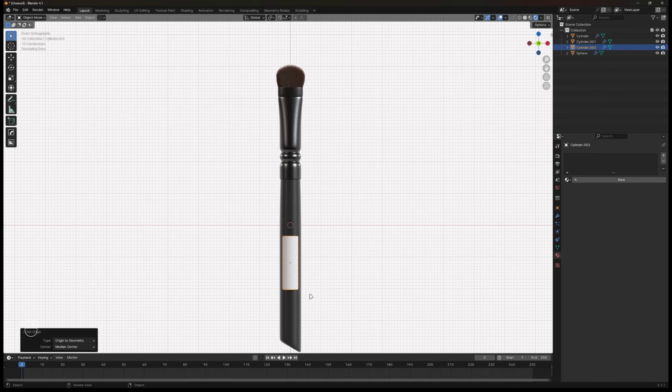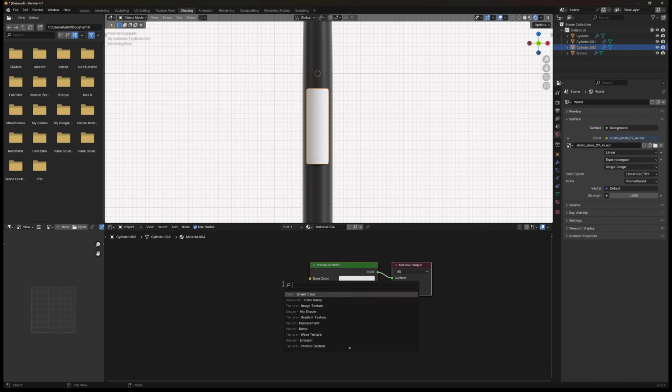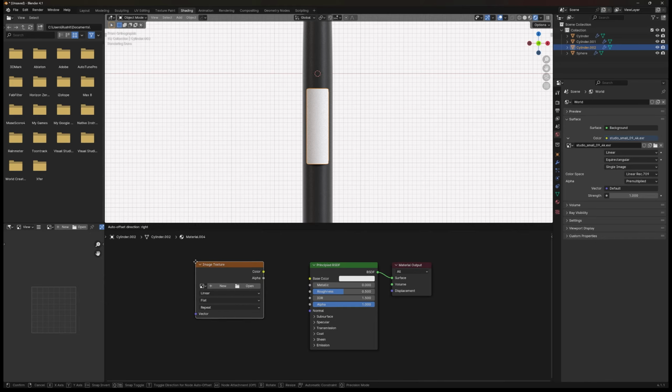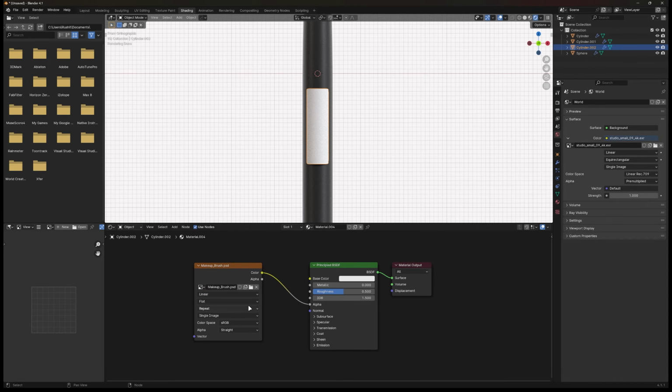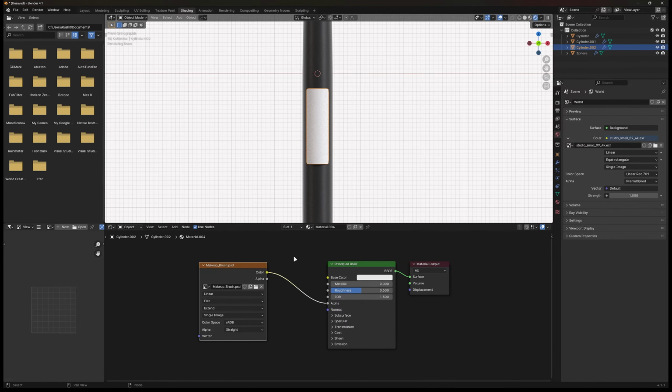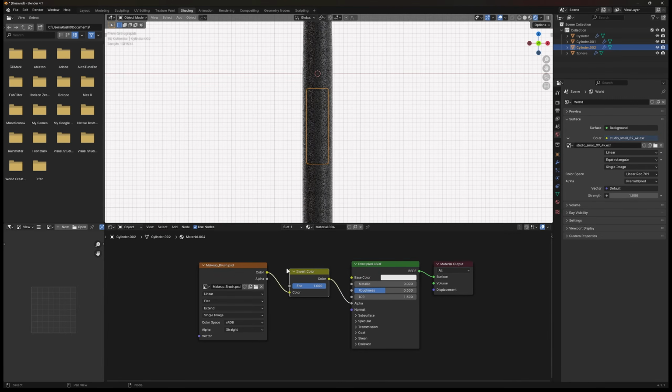To place a branding logo, select the shape logo that we have created before and move to shading tab. Click new to add a new material and press Shift+A to add a new node. Search for image texture and place it. Connect the color to alpha and click open to add your branding logo. In the image texture, change repeat to extend, then add invert color and place it in between the connection.